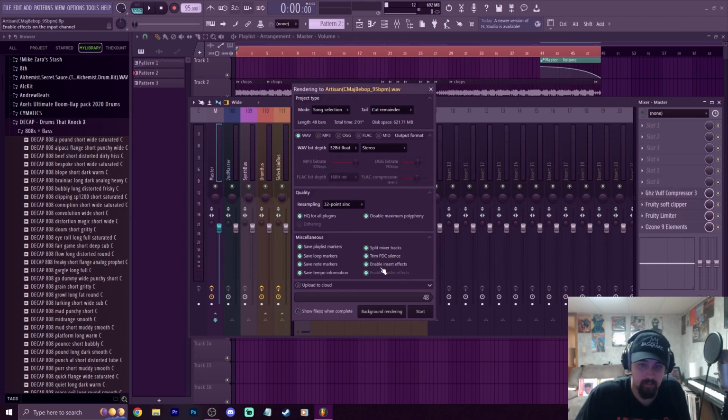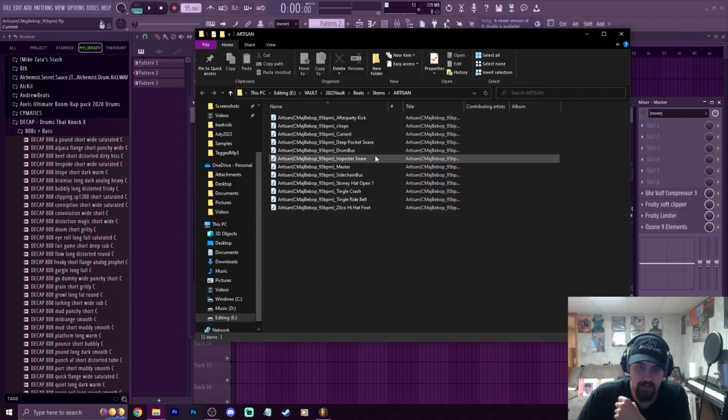enable master effects, enable insert effects. And then you can have whatever settings. I recommend 32-bit float, stereo, tail, cut, remainder. As long as you did that Control A and everything is highlighted in the playlist, it should be good. Now I'll hit start. Now in that folder, it gives you a couple different files you don't need, like this